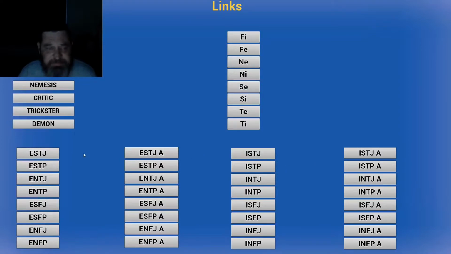These are the types. I realize that there are more than you're used to, or less than you're used to, depending on who you watch. I tried to not over-extrapolate and not undervalue the differences between an ESTJ and an ESTJA. There is a difference, but it's mainly in the way that they deliver the information. I didn't want to chase a lot of rabbit holes. There could be. Dave and Shan's got 256 now. I'm not trying to do that. I want to keep it very bare bones and basic.